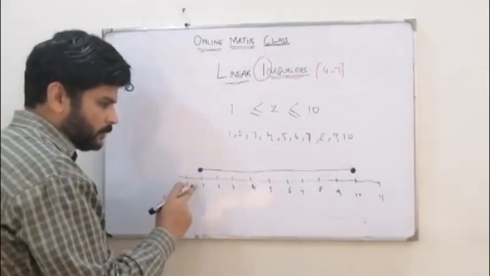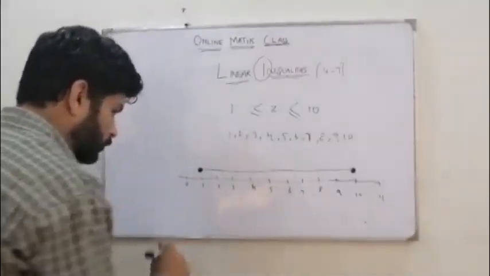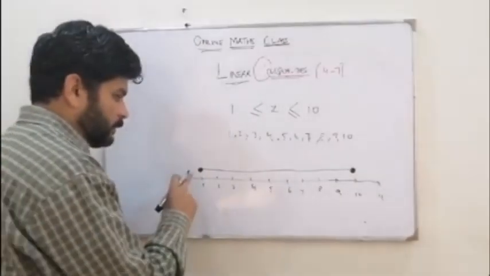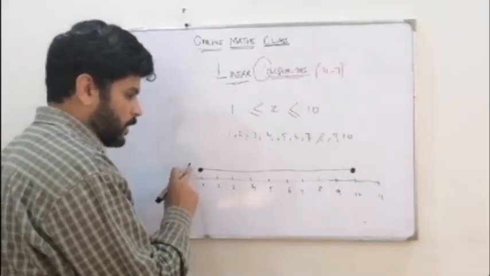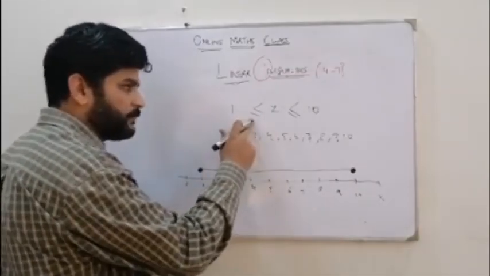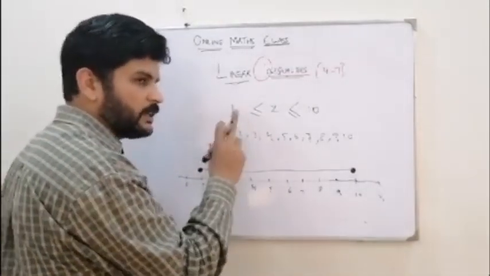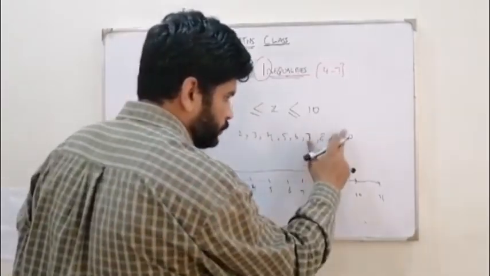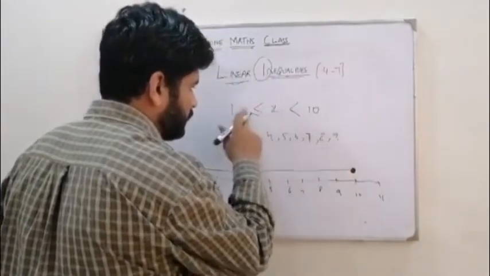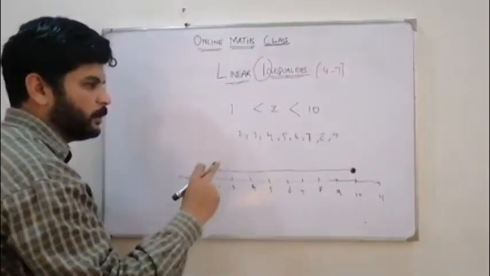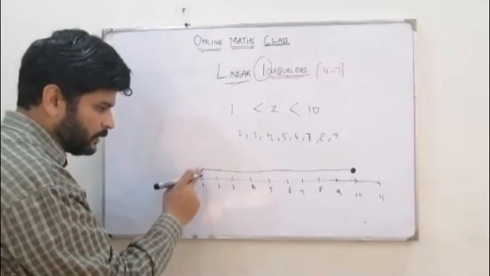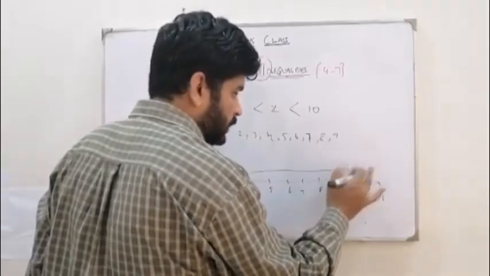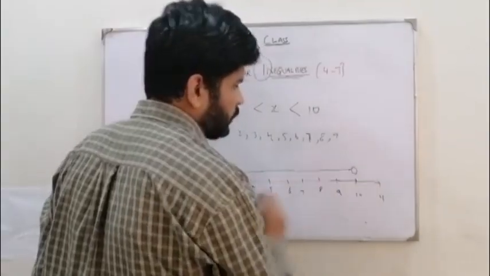So you should remember one thing, whenever you're talking about this number line, why I have placed a solid circle here is because of this equal sign. If this would have been greater than 1, the answer should have been 2, and less than, here the answer should have been 9. To represent this on the number line, I should make a hollow circle here and a hollow circle here. So this shows that these two numbers are not included, right?